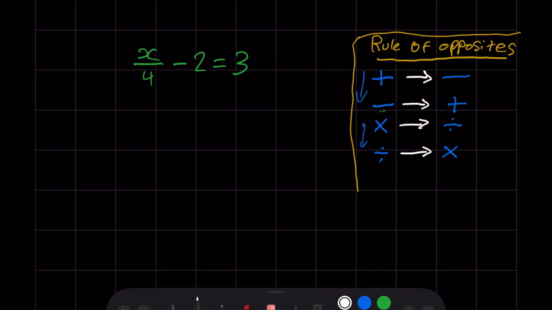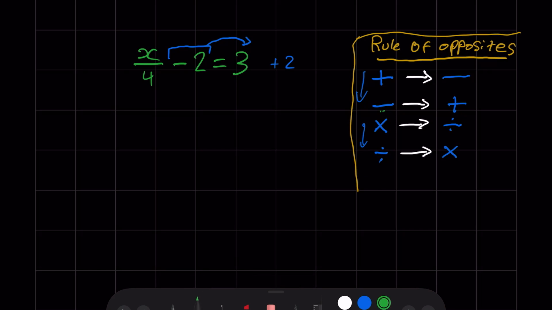For example, we know that we want to keep x isolated, so we want to move everything else to the other side. Start with our negative 2 here. We want to move our negative 2 to the other side. What does negative 2 become when it goes to the other side? It becomes positive 2 over here. So we're left with,